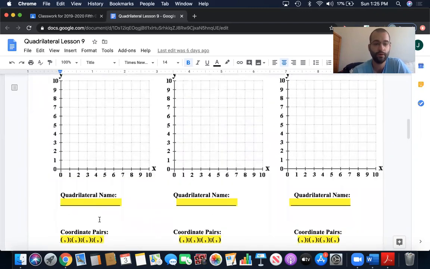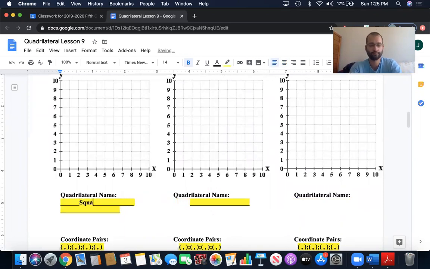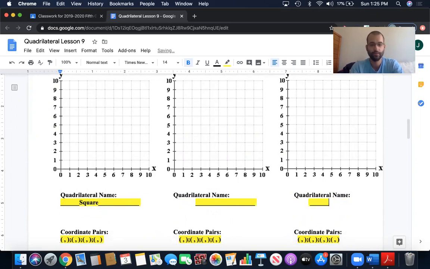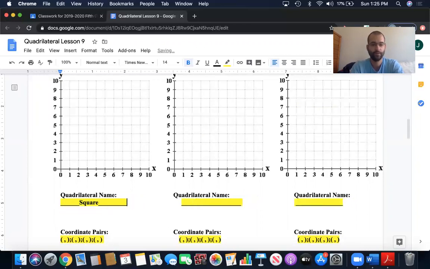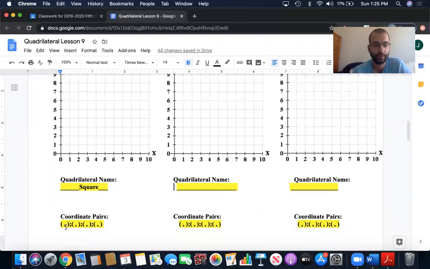So for example, I could say that this one was, if this was a square, and remember, I can delete, guys, I can get rid of, not there. Oh, I see what happened. I gotta delete this one, yeah. So I just wanna make sure it doesn't kind of go off into the other one. You kind of have to mess with that for a little bit. You can just hit the space bar to make sure that it goes in the correct spot. So sometimes it's just kind of weird when you type it in, and then you put the coordinate pair,